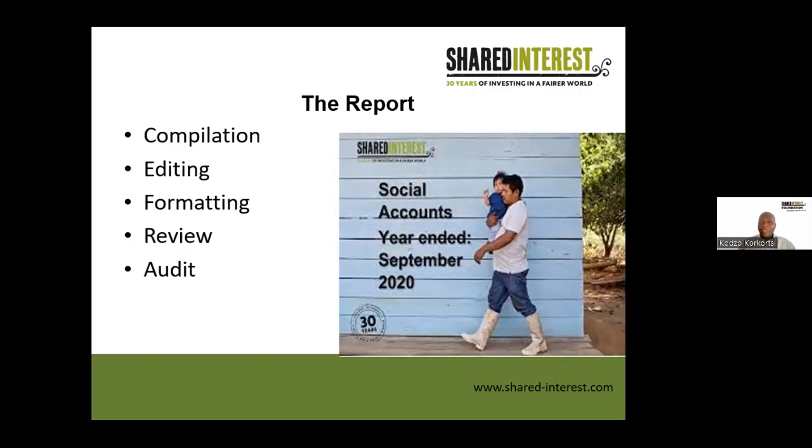So they have a week to go through the report page by page to make sure that the material representation is accurate, the facts are correct, that there are no issues with the report, and that we have not overclaimed anything. So when they do the review, they of course come with queries. So we set a date.